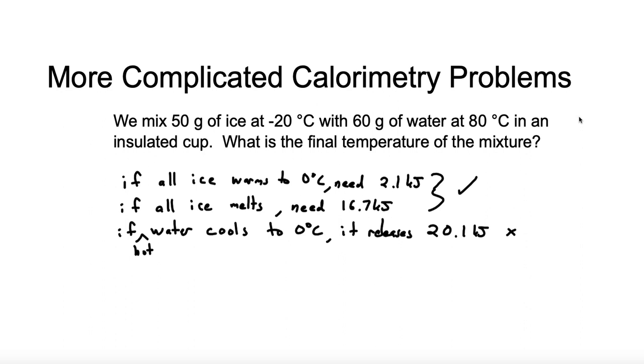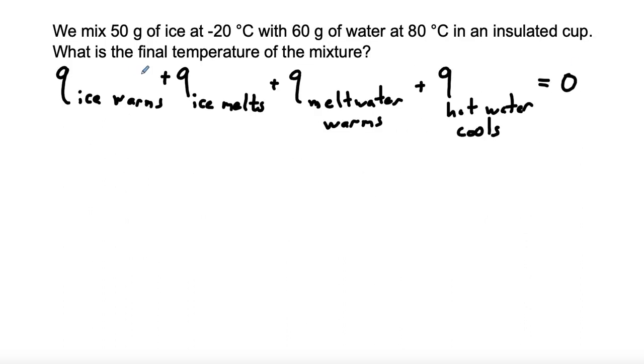And what we're going to do is set up a general symbolic solution before we plug in any numbers. I always recommend that. Let's get started. All right, so we said the ice was going to warm up to zero from -20. Then it was going to melt, and that was going to take some heat. And then that melt water from the ice is going to warm up, and all the heat necessary to do these first three things is going to come from the hot water,